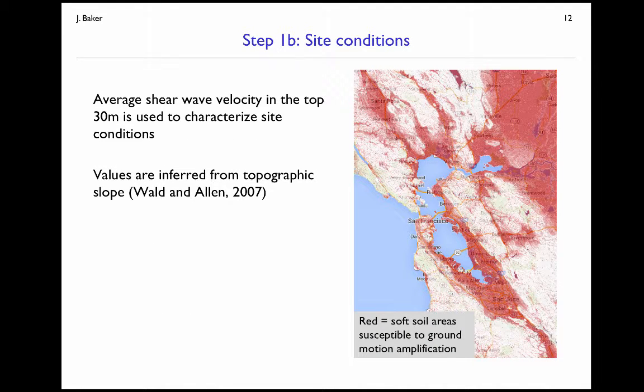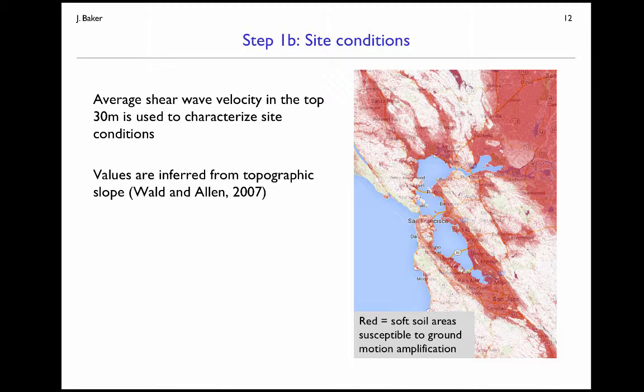Then we've got a specification of the earthquake ruptures in terms of the locations and the size of the earthquakes. The other thing we need to predict ground motion intensity is an estimate of site conditions, so that near surface soil that can potentially amplify shaking. So we're going to use average shear wave velocity over the top 30 meters of the site as a way to characterize site condition. So when that shear wave velocity is low, that's indicating the presence of softer soils that may amplify ground shaking.